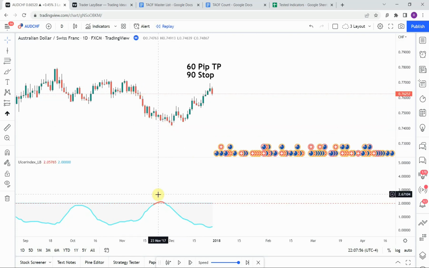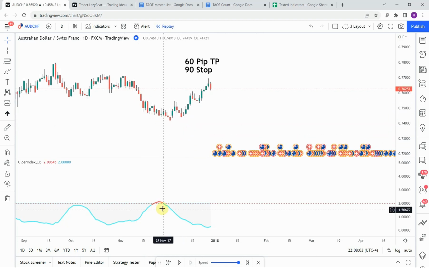For example, right here, we get this spike above. You can see that we were moving down, clearly moving down right here. Then we're going to wait for this line to cross back below that 2 marker, and then we are going to go in the opposite direction of the most current trend